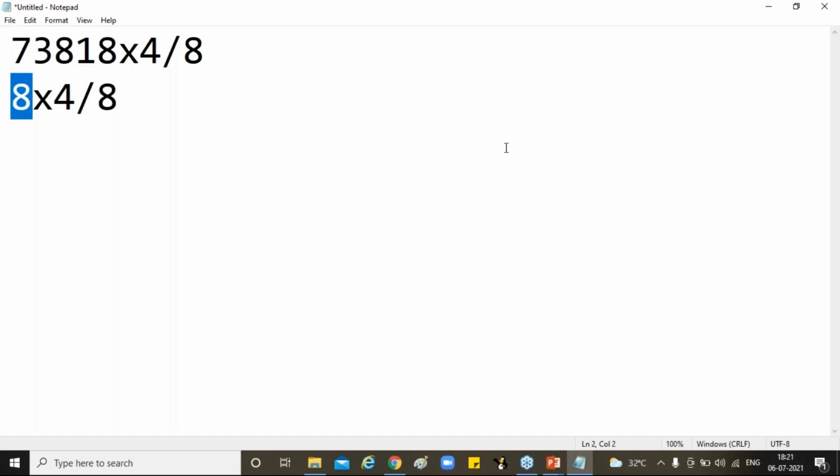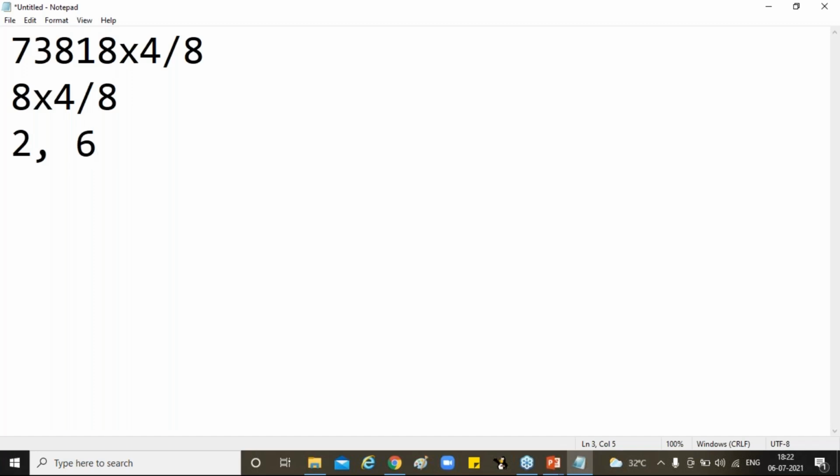8 1s are 8. In place of x, if it is 2, 8 3s are 24. So in place of x, 2 is a possible value. In place of x, 3, 834 is not exactly divisible. 844 is also not exactly divisible. In place of x, different values are possible. 854, no. 864, yes. So if the x value is 6, then 864 is also exactly divisible.